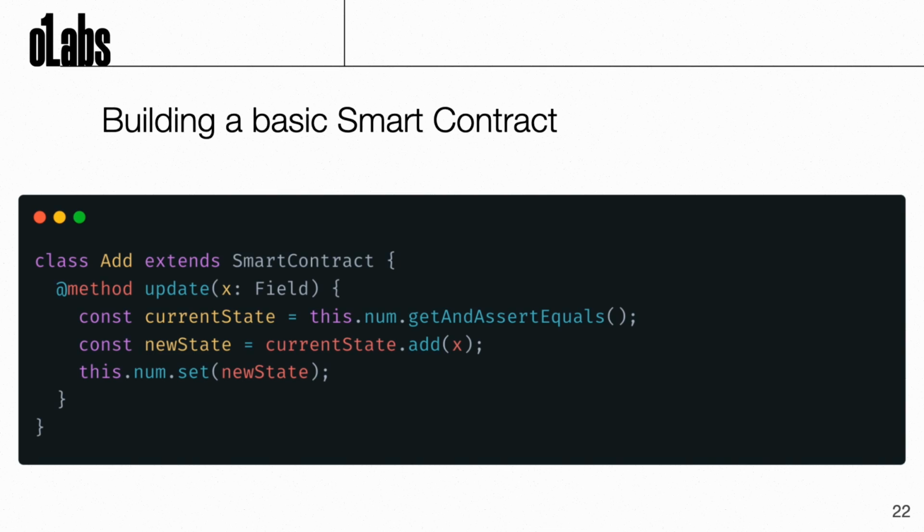Yeah, okay, so let's say you want to start building a smart contract like this, a very basic add smart contract, which simply takes an input, a private input, applies it to some on-chain state, and then commits the on-chain state back to Mina. So what you would do is download the zkApp CLI, go through the prompts, the introduction, choose what framework you want to use, Vue, Nuxt, whatever we have available. And this will spawn you with some predefined contract.